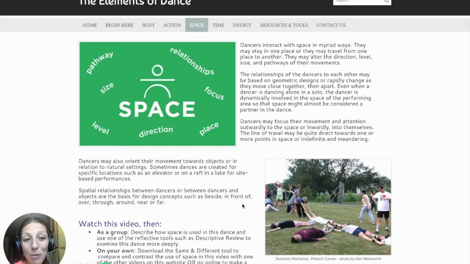Dancers may focus their movement and attention outwardly to the space or inwardly into themselves. And we just played with that too. The line of travel may be quite direct towards one or more points in space, or indefinite and meandering. Dancers may also orient their movement towards objects or in relation to natural settings. Sometimes dances are created for specific locations, such as an elevator or on a raft in a lake, for site-based